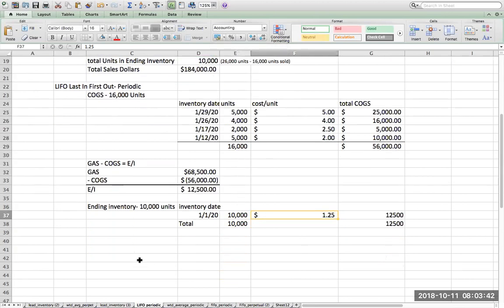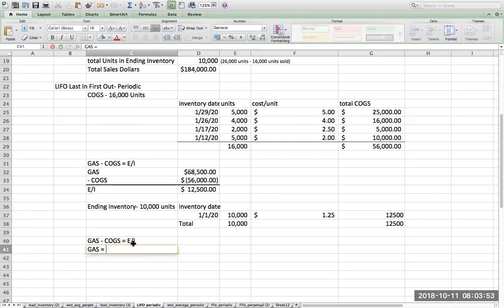What happens next is I can say, well, if goods available for sale minus cost of goods sold equals my ending inventory, then goods available for sale equals my ending inventory plus my cost of goods sold, which I could also write as goods available for sale minus my ending inventory equals cost of goods sold. So literally by inference, I can take goods available for sale, same number,